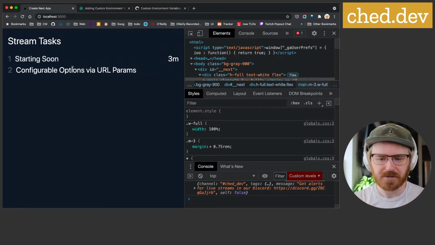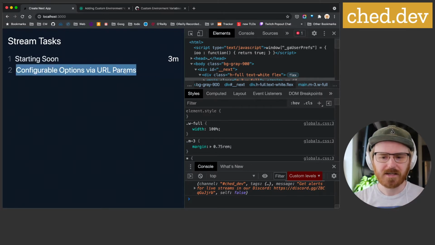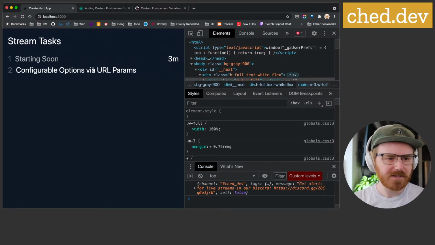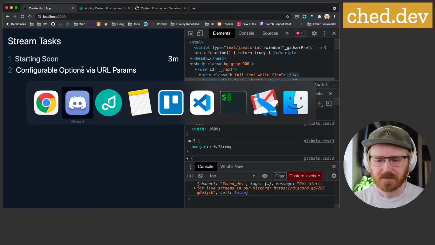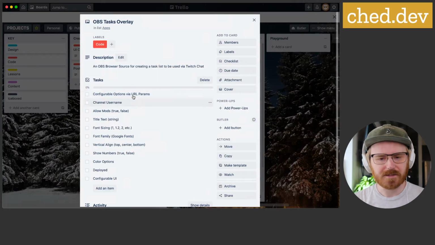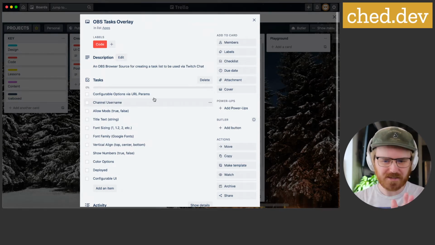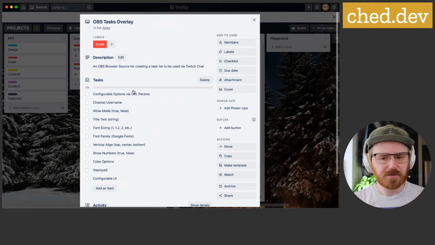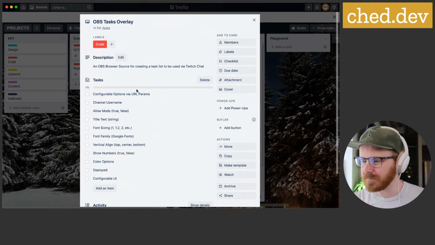It's configurable options via URL params. This is going to be our first task, but let's fill out our tasks while we're at it. So the way we add a task, let me show you my little task list for this here. So this is the project that I have in Trello. I write down my ideas here, but we're going to pick from these basically our backlog. These are kind of prioritized, these top ones at least. So the first thing we want, let me show